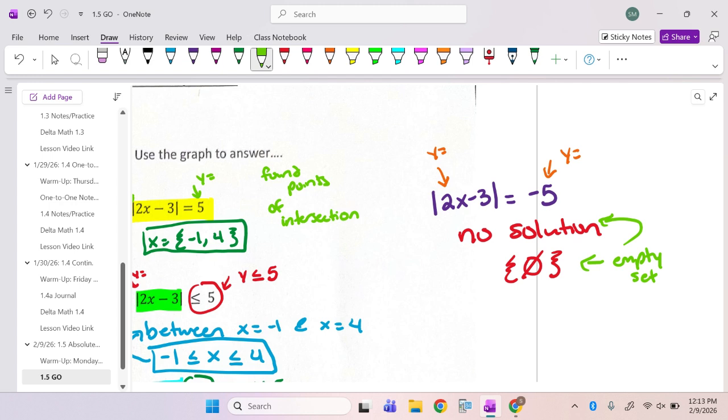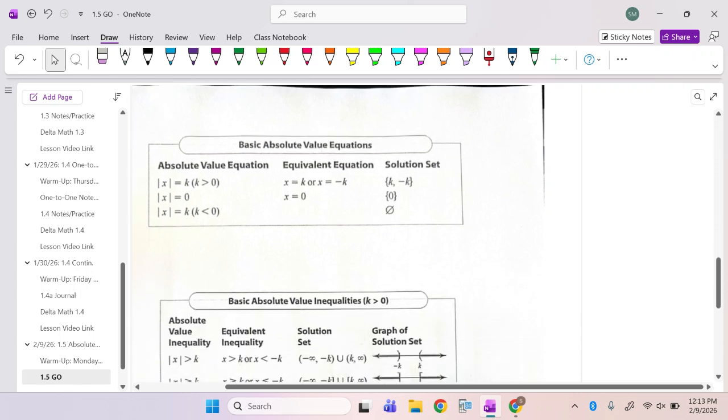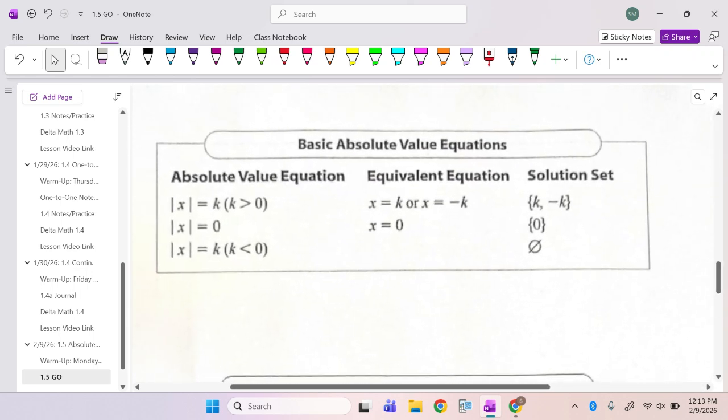All right, turn over on the back real quick. So on the back is kind of just a basis of what we've been talking about with absolute value. So with basic absolute value equations,